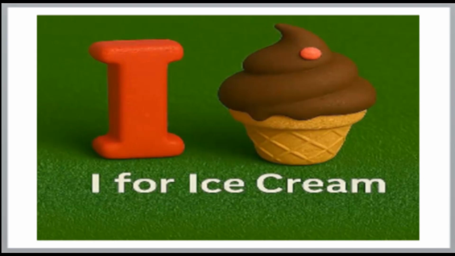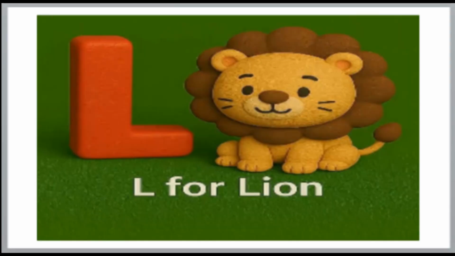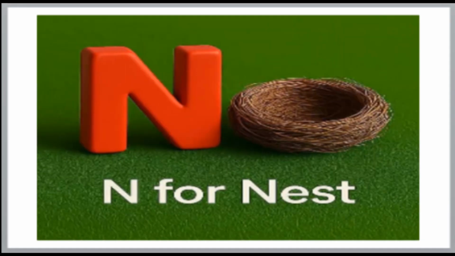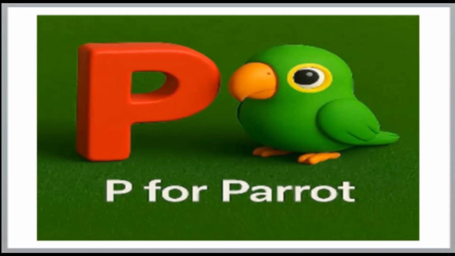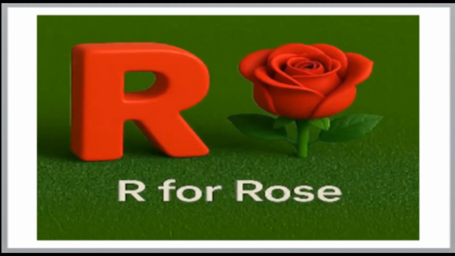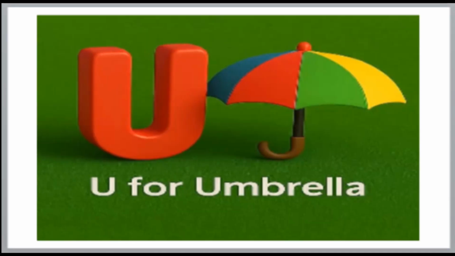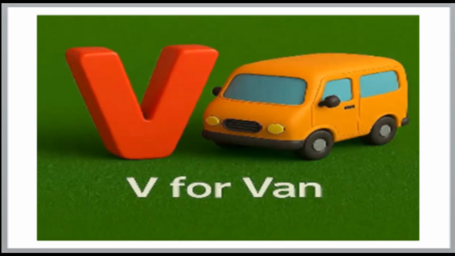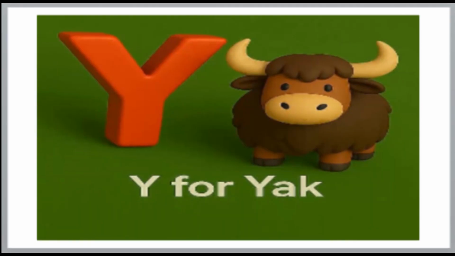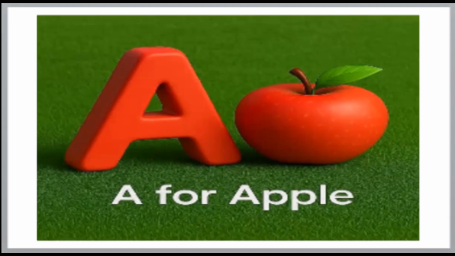I for ice cream, J for joker, K for knight, L for lion, M for mango, N for nest, O for owl, P for parrot, Q for queen, R for rose, S for sun, T for tiger, U for umbrella, V for van, W for watch, X for Christmas tree, Y for yoke, Z for zebra।